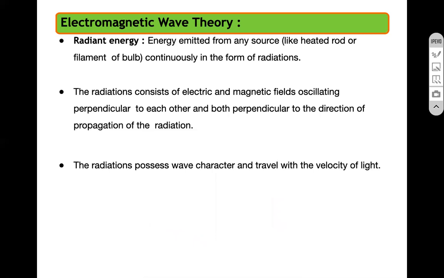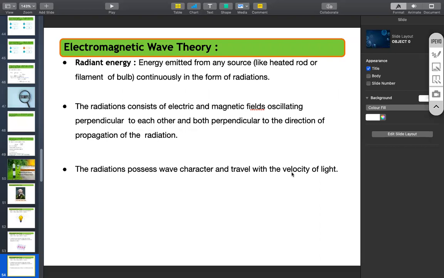So radiation has a wave character and travels with a velocity. Always remember whenever radiation is emitted, in which model? Which model are we discussing? Like the Maxwell theory. So if the radiation possesses a wave character, it looks like a wave and travels with a velocity. So radiations have the velocity of light. This you need to remember, whatever electromagnetic radiations we see, that has the speed of light.